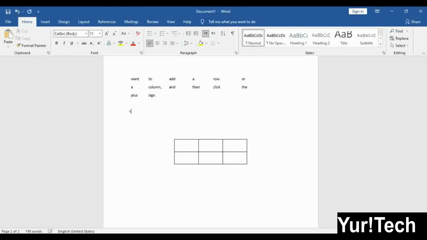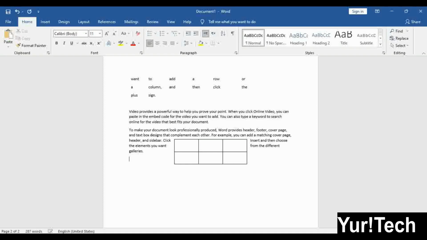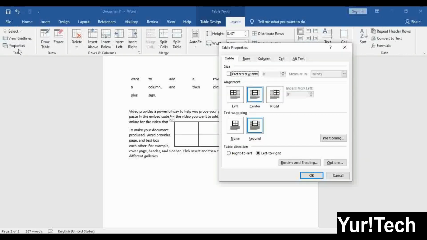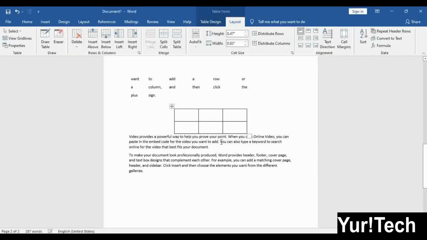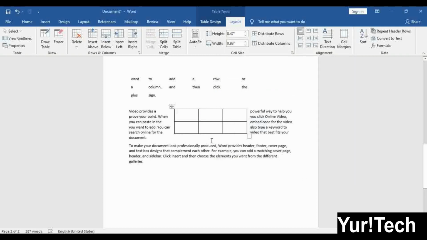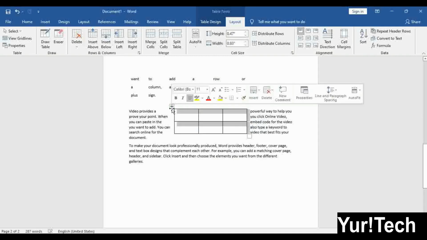I will take some text, two paragraphs. Okay, see, now this is here in my center. If I want it in some other place, by using this I can move it. Here this came above the text, and this is about the text on the right side, around the table. This is easy when you have something, but let me explain a different way.